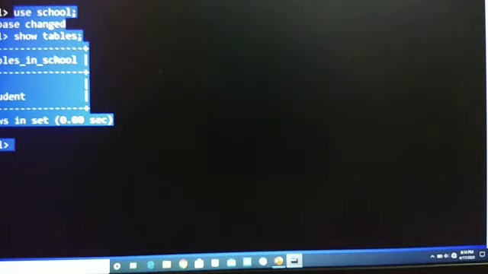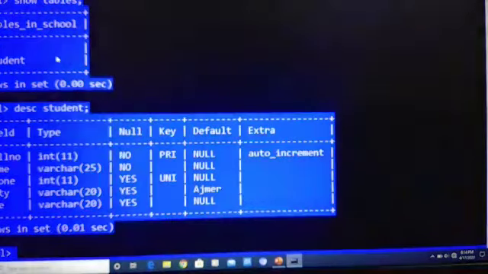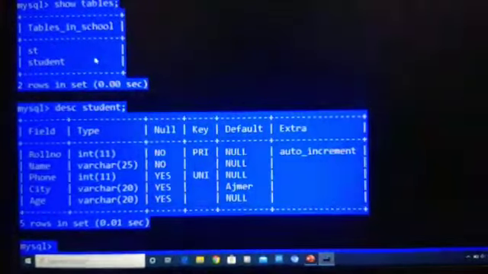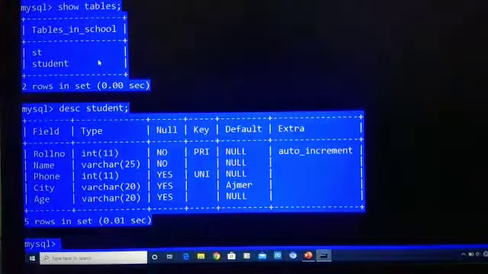To display the data structure of the student table, we will write the command desc student. Okay, now you can see the data structure of our student table.